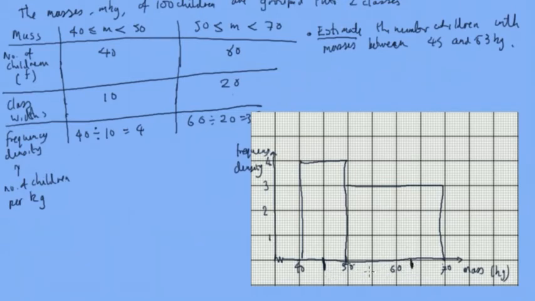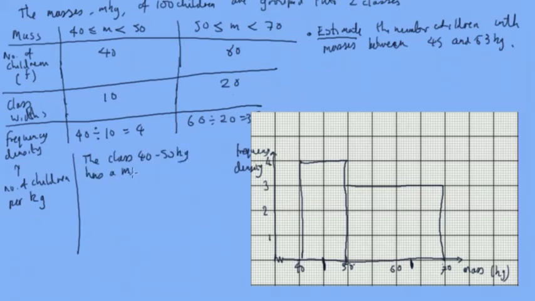So it's straddling two classes. So what we need to do is split this problem up. We need to work out the number of children between 45 and 50, and then between 50 and 63. So from this class, we've got, let me just put a line there, the class 40 to 50 kilograms